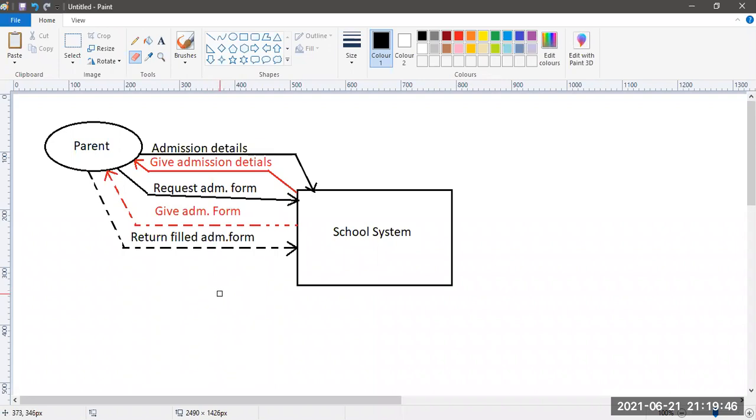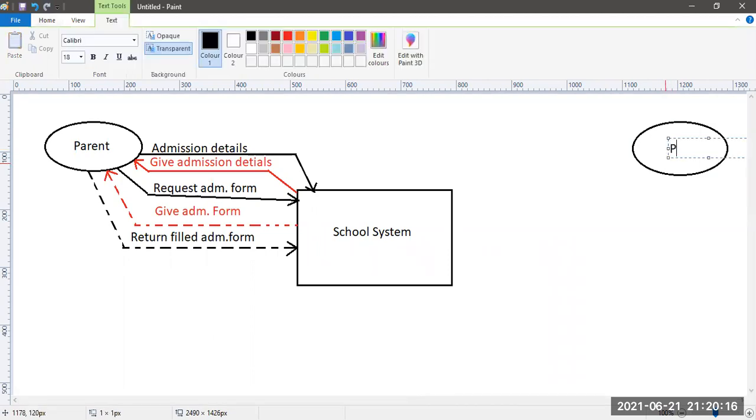Then the school will enter the details into the database and then issue the bill. Now I have enough and more arrows to this parent. So what I want is to start fresh. After this, whatever is happening, I will put it in another circle and call it parent.